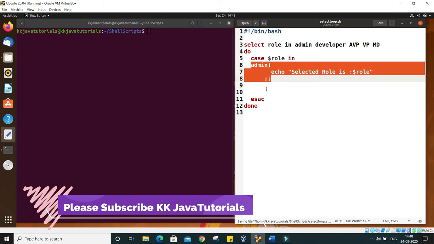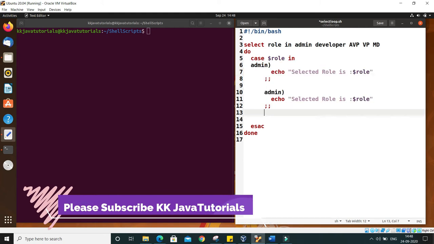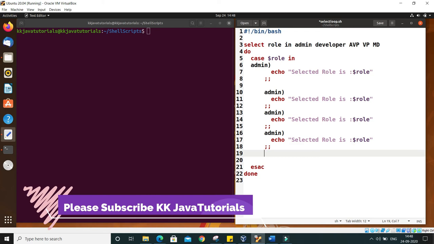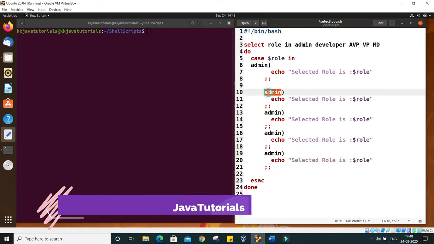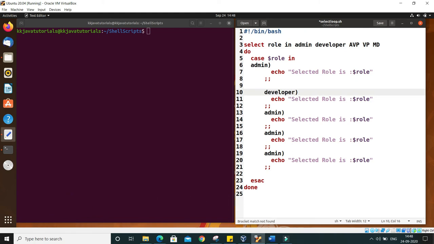Now I'm going to copy this four times for the remaining four roles. The next role is developer, so I will write the match for developer as well. Then we have the AVP role, then the VP role, and then MD, managing director.